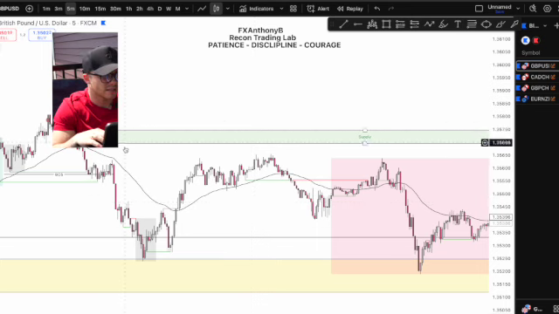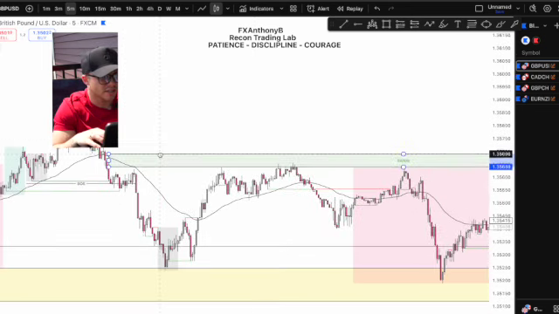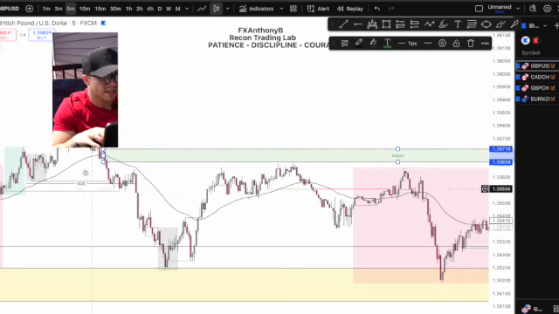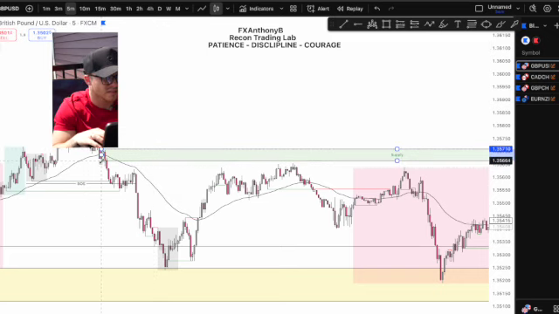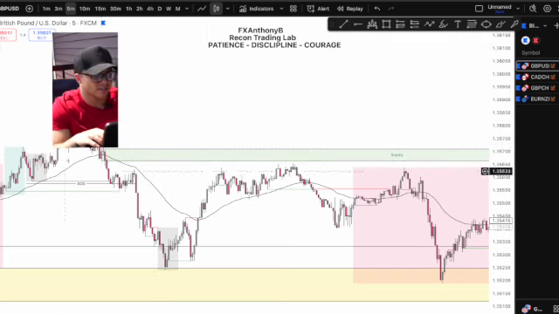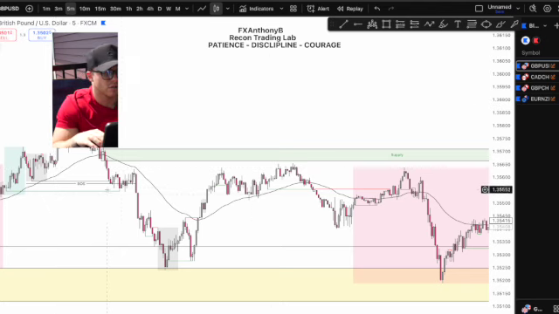Boom. Supply zone is here. There's another inducement here. Like that. And now we are interested in this trade. Here is your BOS here. Instead of your BOS being way up top, you can use your BOS here. But now we want to use it below the supply zone. Your BOS is now below,